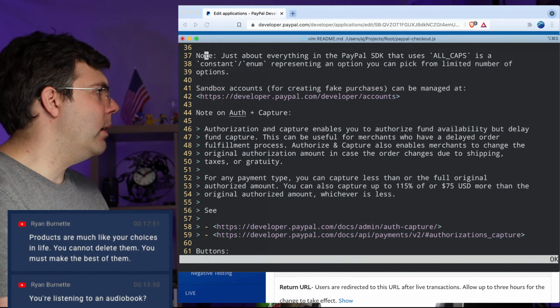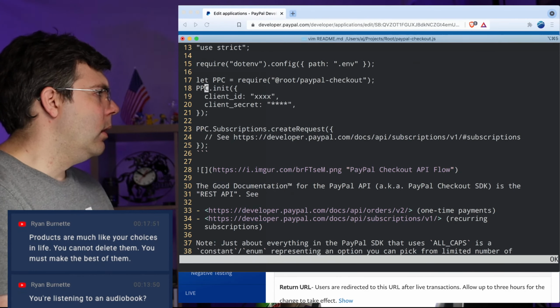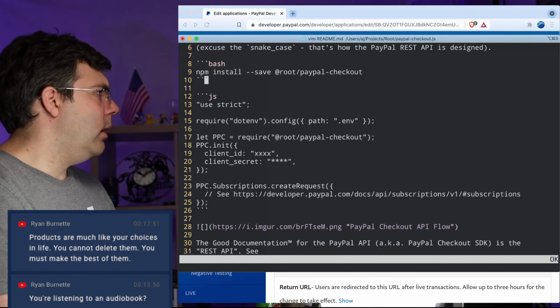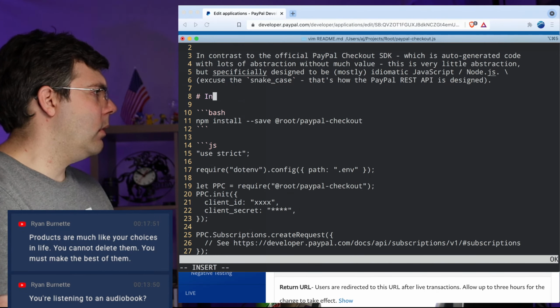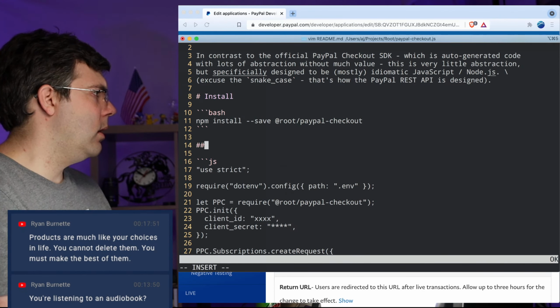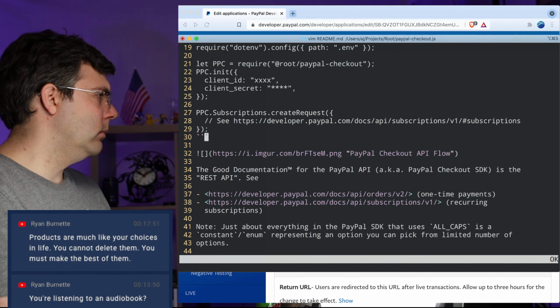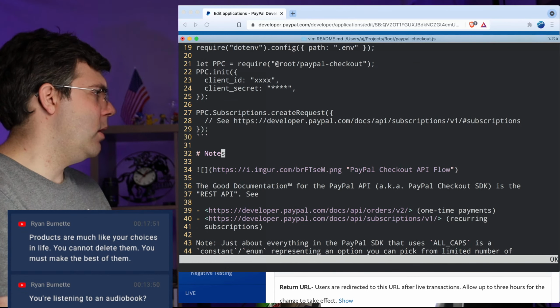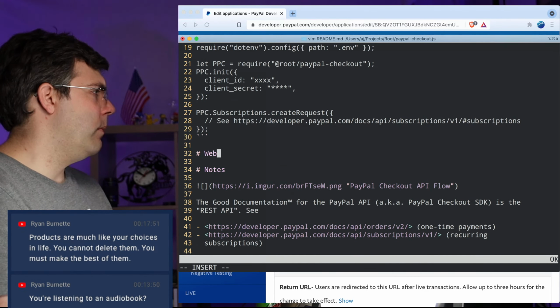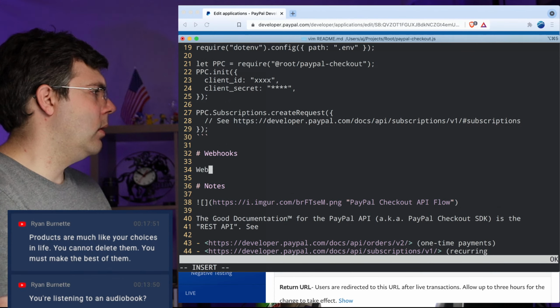Oh, these are all just random notes anyway. Let's see. Install, usage. Go with notes. Webhooks.